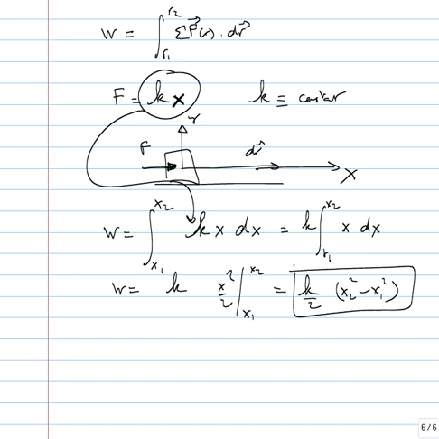So the only difference between a varying force as a function of position and a constant force is that the varying force will need to be kept inside the integral. You cannot just take it out of the integral and multiply it by the displacement directly. You have to leave it in there and integrate it as a regular function. Now graphically,